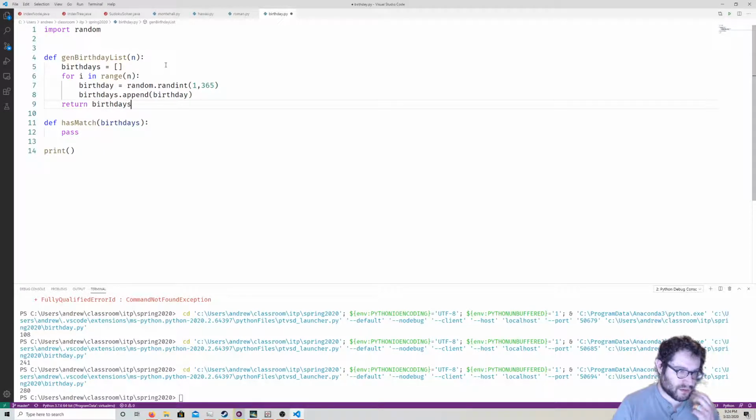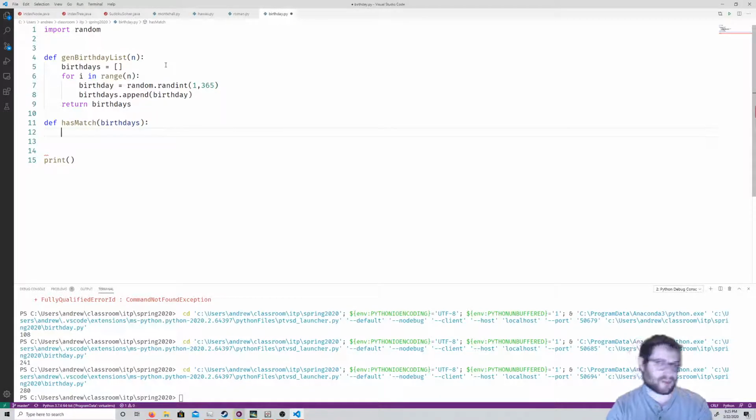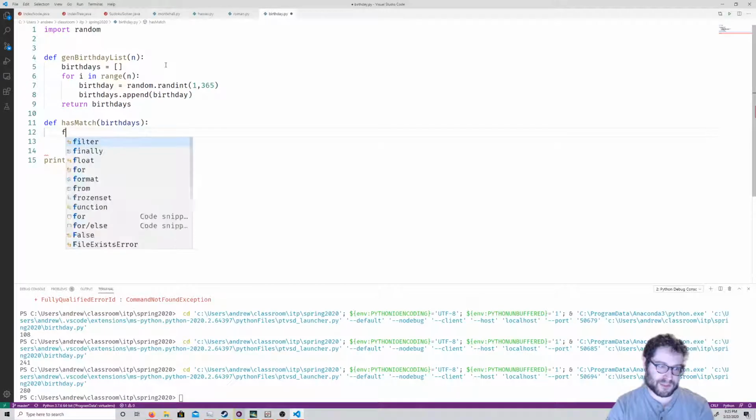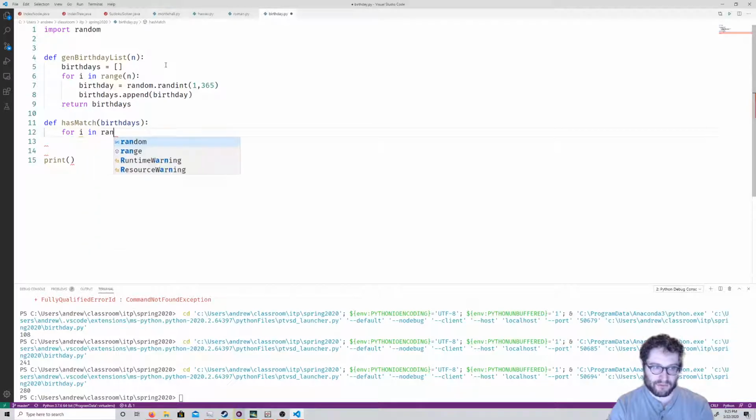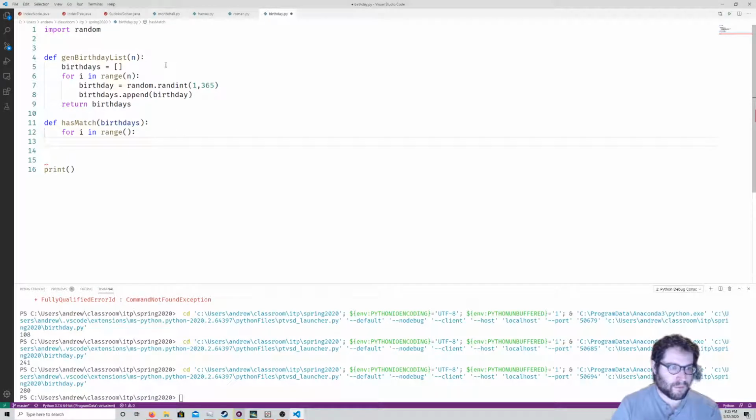Next, let's figure out, given a list of birthdays, how do I check to see if there's a match? Well, I'm going to assume that I get a list over here. So how do I check to see if there's a match? There's an annoying way we could do it, which has nested for loops, and this is kind of the annoying way to do it. For i in range 1 to length of birthdays,